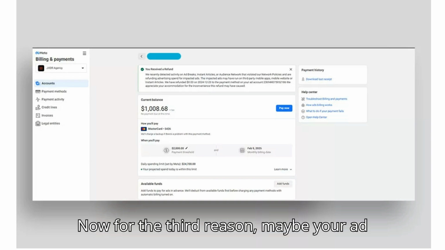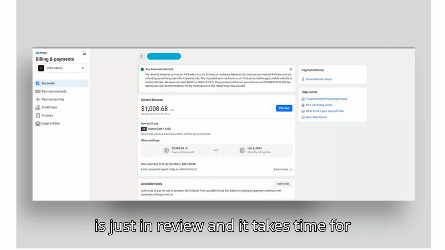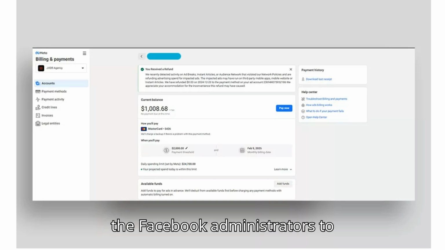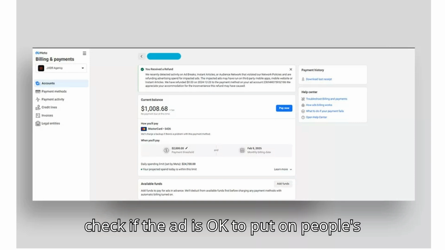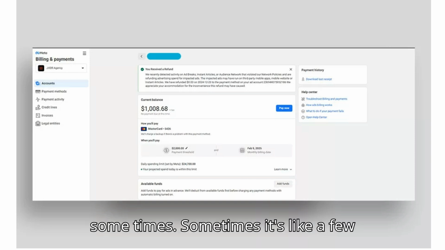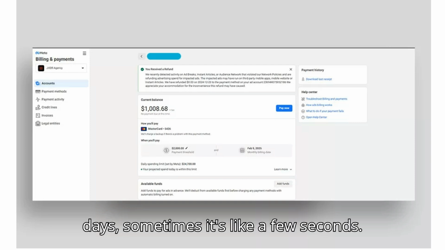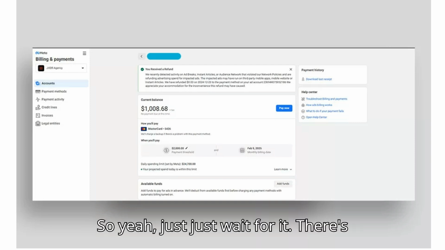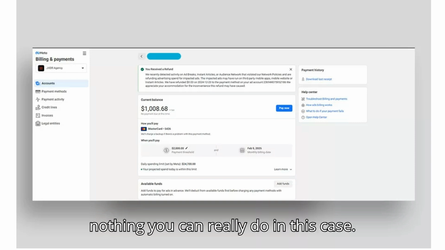Now, for the third reason, maybe your ad is just in review and it takes time for the Facebook administrators to check if the ad is okay to put on people's homepage or not. So it may take some time. Sometimes it's a few days. Sometimes it's a few seconds. So yeah, just wait for it. There's nothing you can really do in this